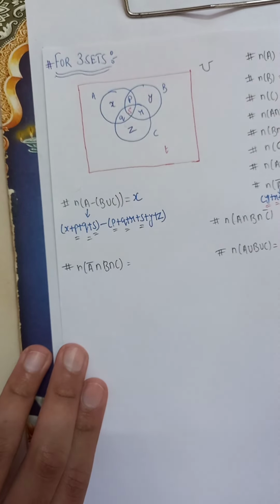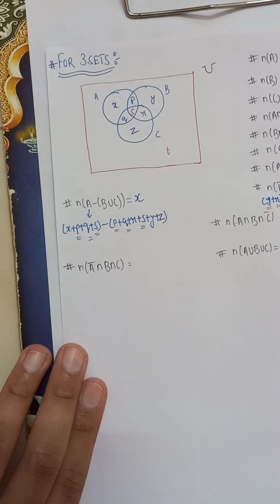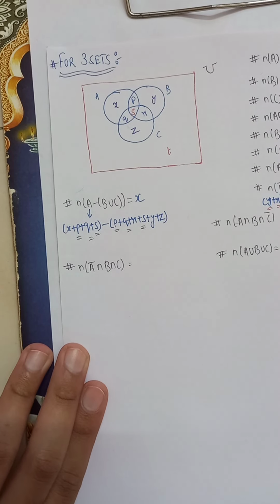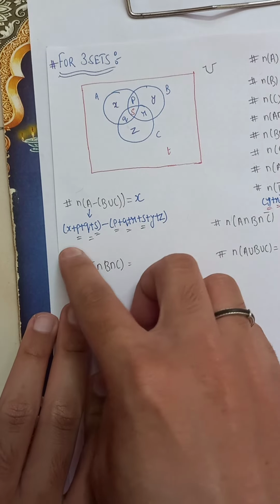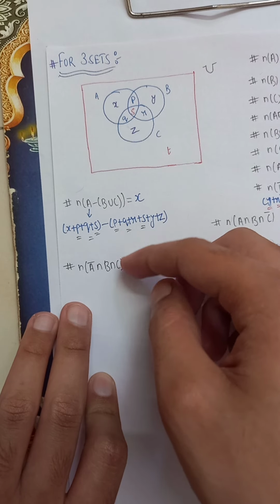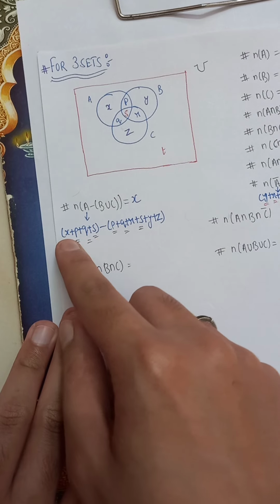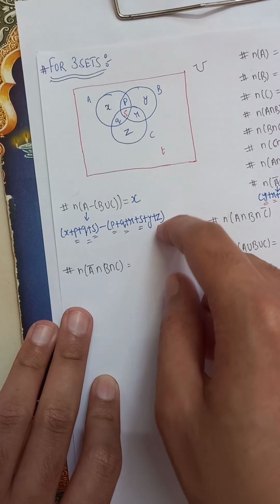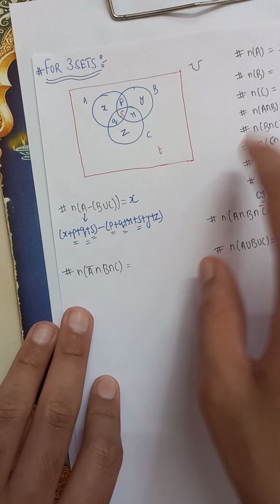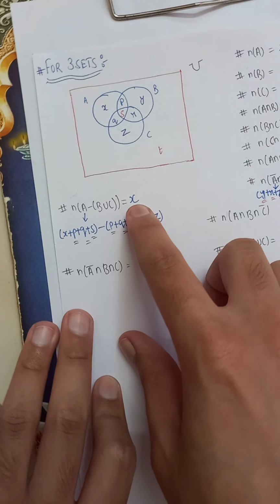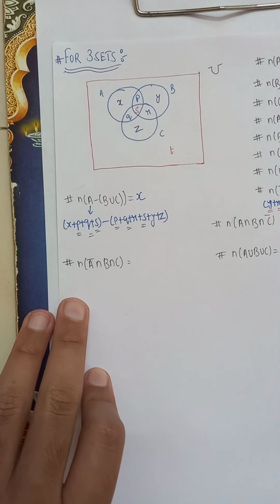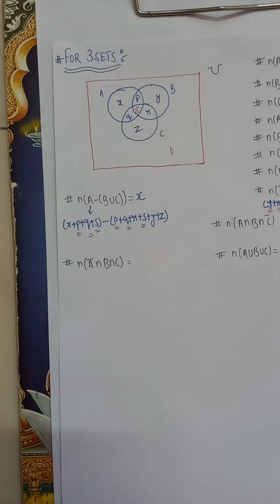Answer is equal to X, since X is the only one left out. If you think that subtracting means you should subtract, see, P, Q are common, so you eliminate P, Q, and S is also common, so you eliminate S also. So it's like X minus R minus Y minus Z. If you write it like that, it is wrong. Okay, you should not write like that. I taught you in the previous lectures how to take the difference between two sets.